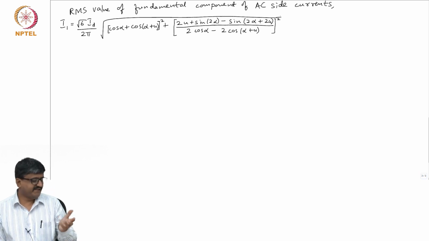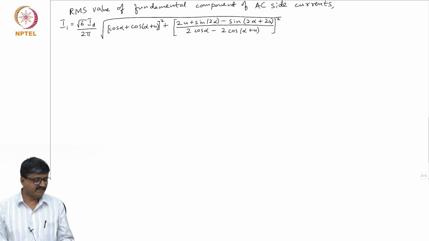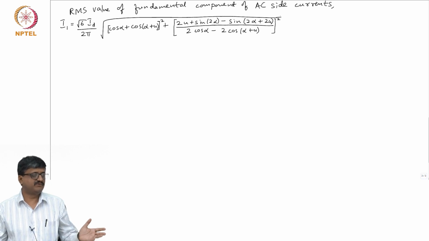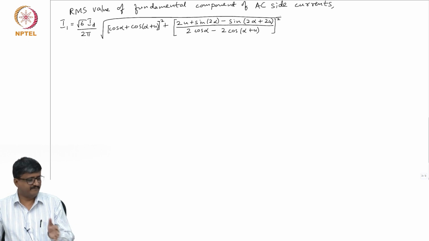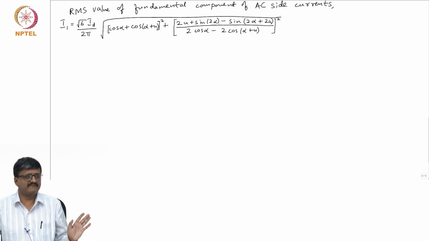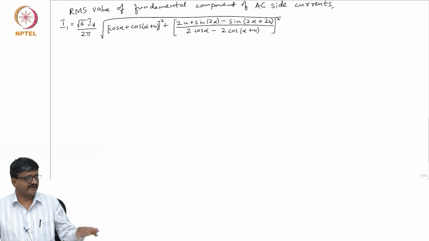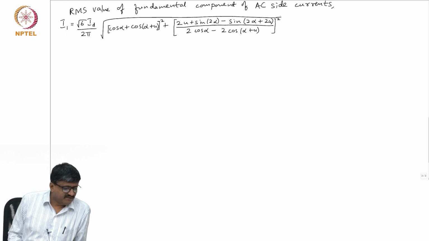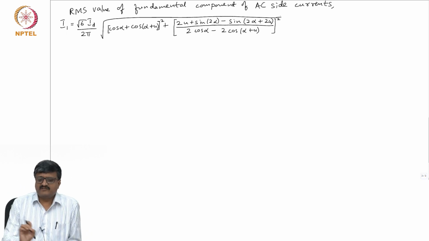See, the main point here is if you apply Fourier series for such waveforms, you get an expression which is 2 page or 3 page longer. I mean only the main work involved is simplification. Do some trigonometric manipulations and simplify. That's all. See, once you integrate, after integration your expression will be very long, I mean maybe 1 or 2 pages long. So, after simplification you get this. Okay. So, that is the idea. So, this is the fundamental component.